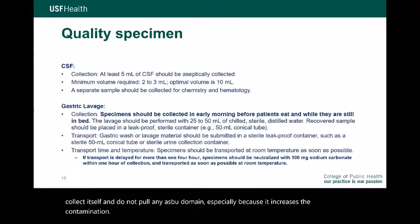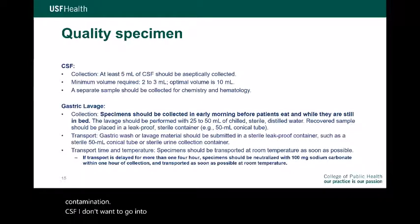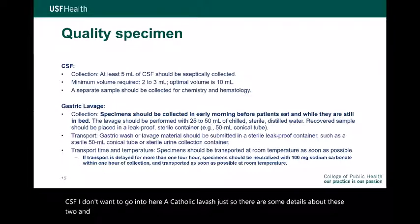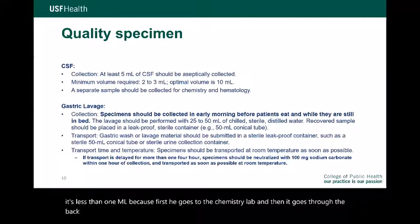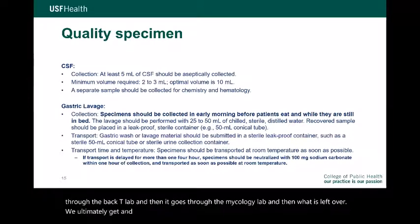CSF, I don't want to go into here. Gastric lavage, just so you know, there are some details about these 2 sample types. And with the CSF, for instance, we would like to have 5 ml, but oftentimes it's less than 1 ml because first it goes to the chemistry lab, and then it goes to the bacti lab, and then it goes to the mycology lab, and then what is left over we ultimately get,